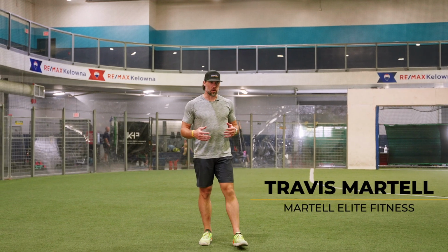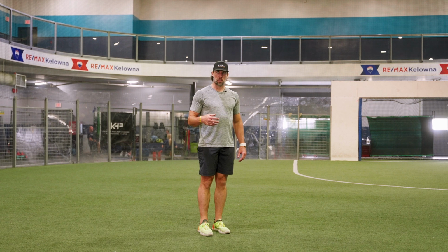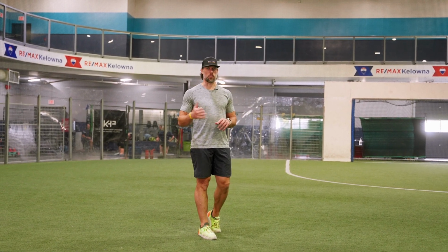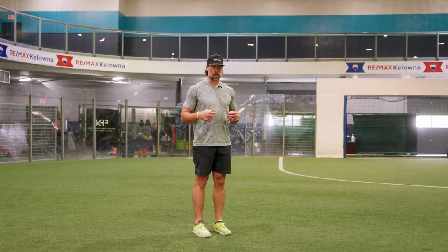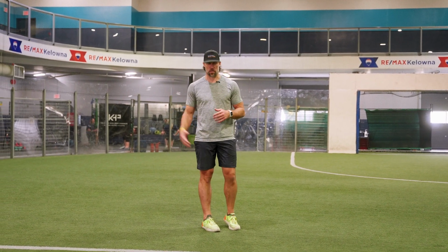In today's tutorial video, we're gonna go over the power skip. This is a great warm-up drill if you're doing a power day. If you're doing some jumps on the field or maybe some jumps in the gym, perform this warm-up drill to get all that power development happening and getting the tendons and muscles used to or prepared for what's gonna come